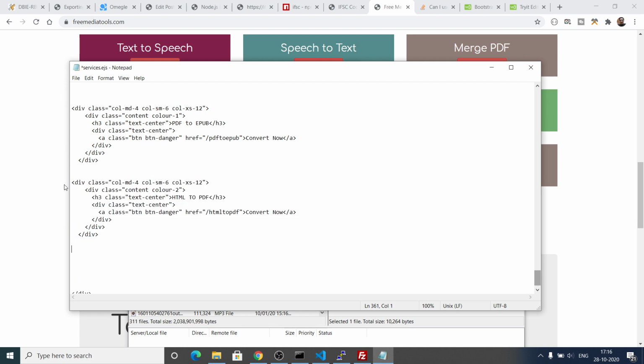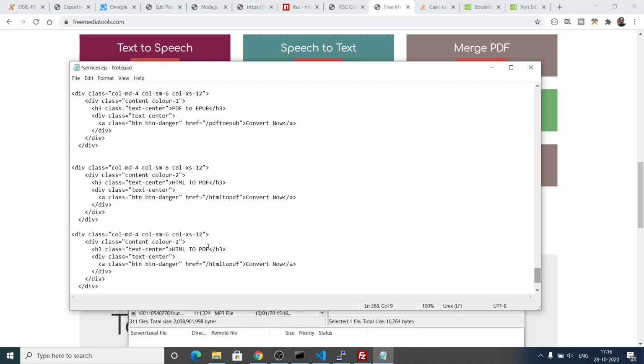So we can just change the title here to IFSC code, search bank by IFSC, and then we can provide our IFSC. That's it.